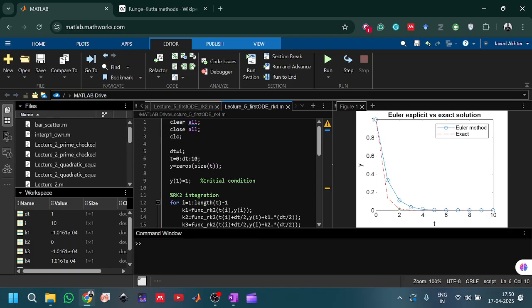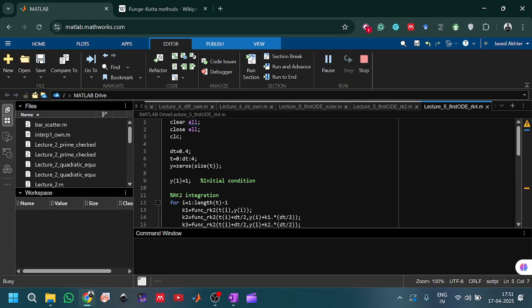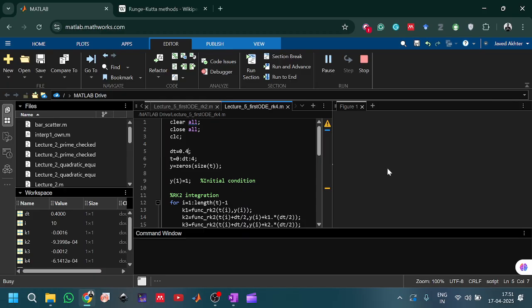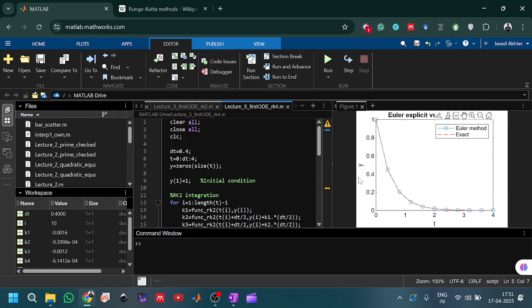In that case, it will be a better way to visualize. With 0.4, at least we will have 10 data points. Okay, so for up to 4 and with dt 0.4, even if you have these 11 data points,